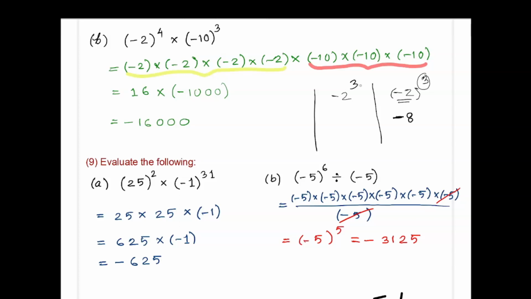Here also it gives us a negative answer, but here no bracket is there. So first you have to write the minus symbol here. Then 2 to the power 3. 2 is multiplied how many times? 3 times. It will also give us minus 8. But suppose if we are writing